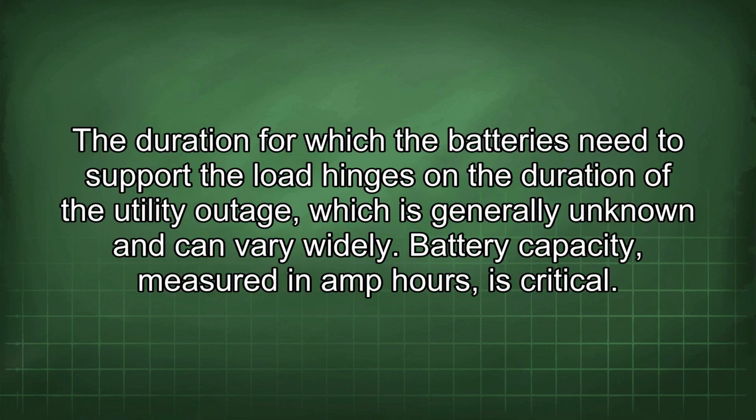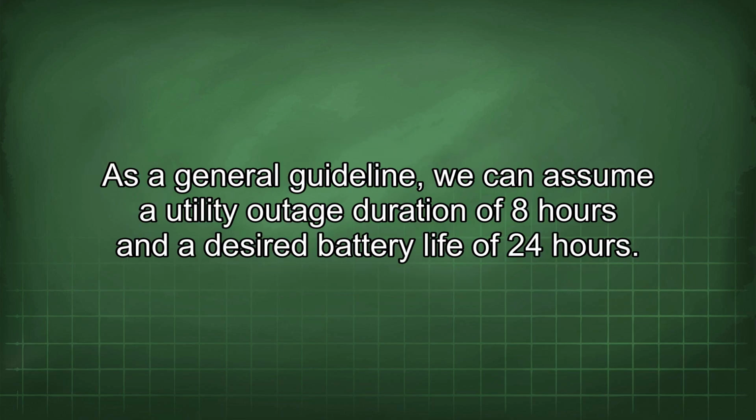The duration for which the batteries need to support the load hinges on the duration of the utility outage, which is generally unknown and can vary widely. Battery capacity measured in amperes is critical. As a general guideline, we can assume a utility outage duration of 8 hours and a desired battery life of